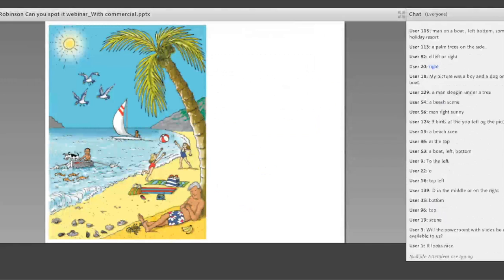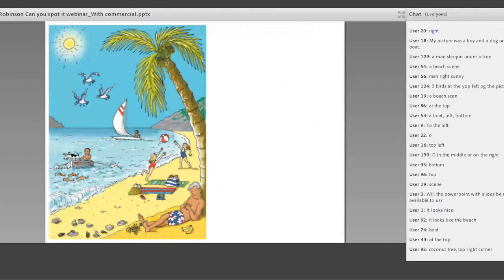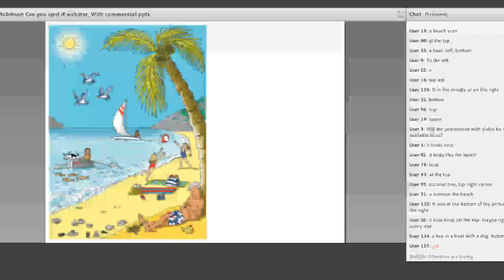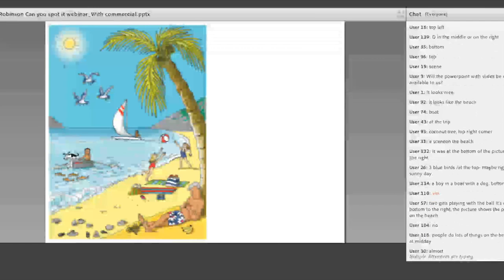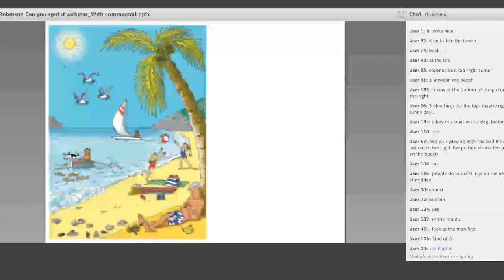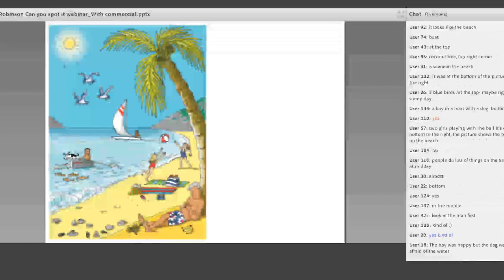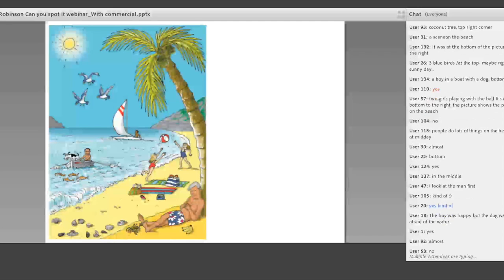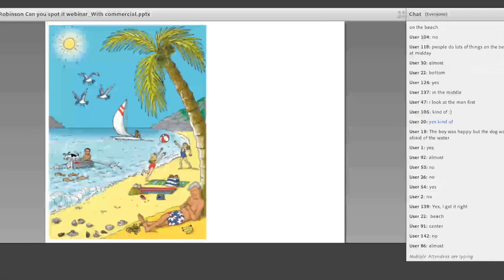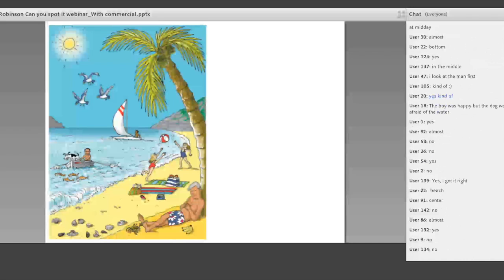Okay, here is the whole picture. Is this the way you saw the picture? Okay, so we've got yes, almost, no, kind of. Okay, that's the idea. In class, what I would do is either give the parts of the picture out physically